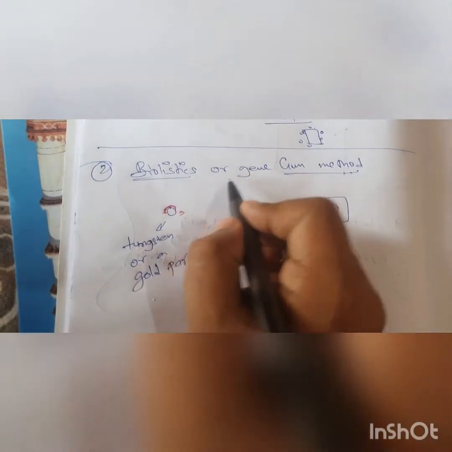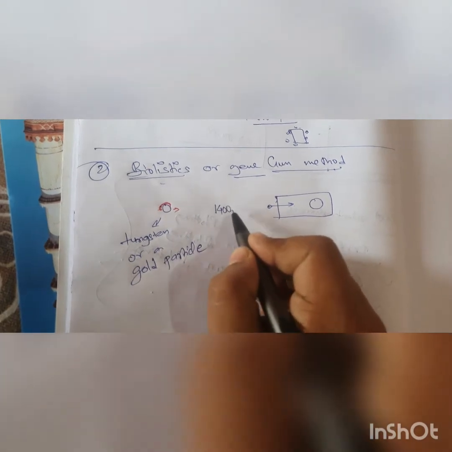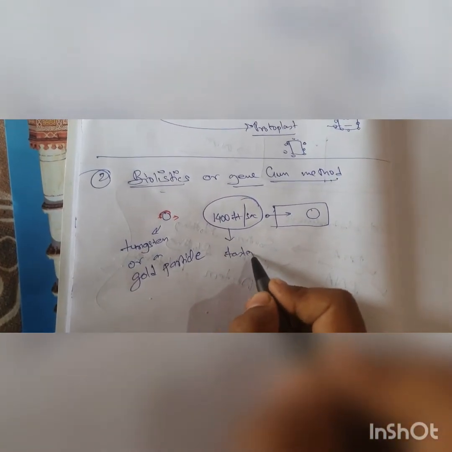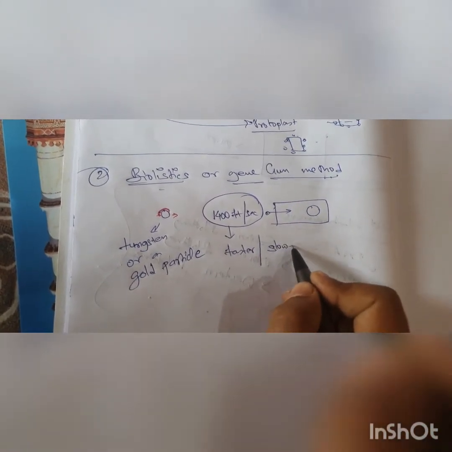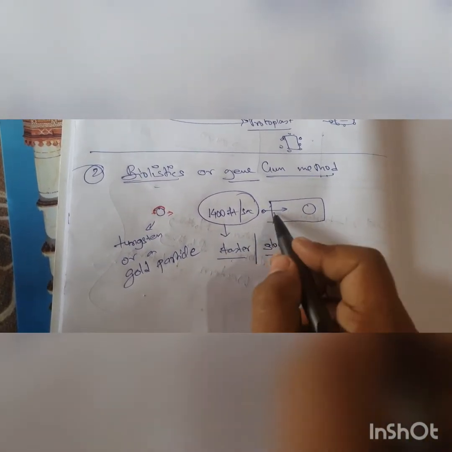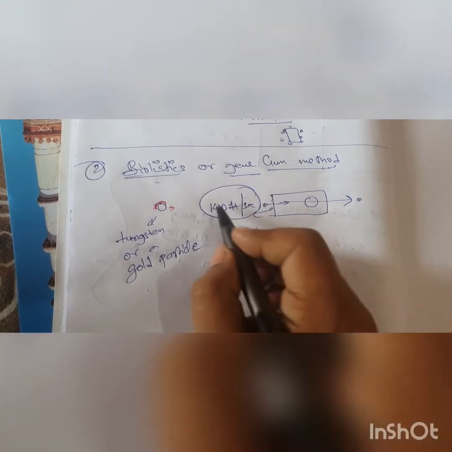Okay, so you want to put the particle inside the cell using the gene gun or biolistics, then you need to shoot it with a speed of 1400 feet per second. Now this speed is important because if you shoot faster or slower, there could be two consequences. If you shoot faster, it would pass through the cell. If you shoot slower, then it wouldn't enter, it would bounce back. So this particular speed is very important.